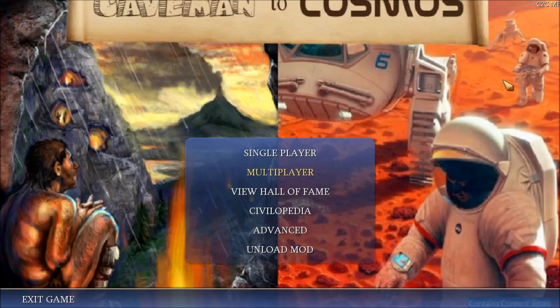Hey everyone, it's AstralPhaser here with episode 1 of my Caveman2Cosmos multiplayer Let's Play. Yes, there's 11 of us. 6 of us are going to be doing Let's Plays, and there's 11 actual humans playing and no AI, so it is a completely human game, and each Let's Player is going to do their Let's Play through